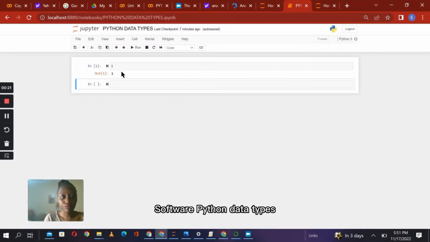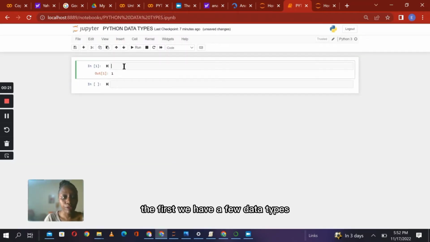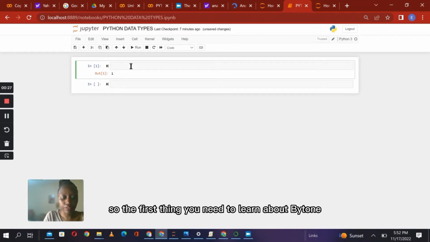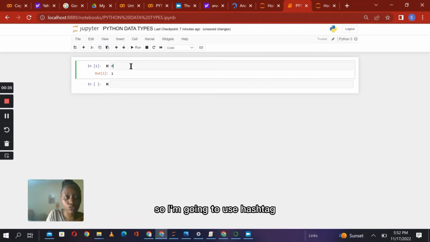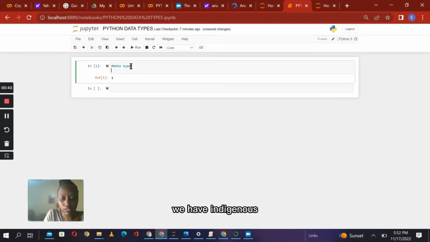So for Python data types, we have a few data types. Let me just type it here. The first thing you need to learn about Python, if you want to write something down like a statement which you are not going to run, you use a hashtag. So you're going to use a hashtag. First data type, just write data types. We have